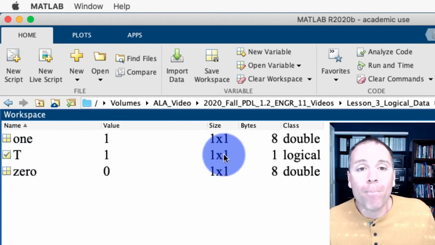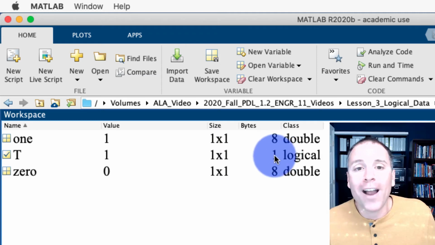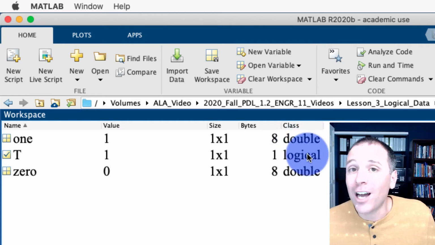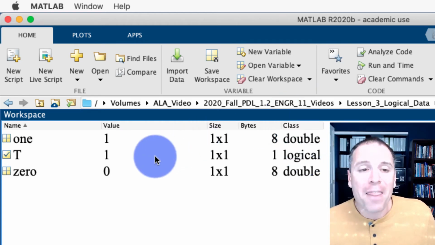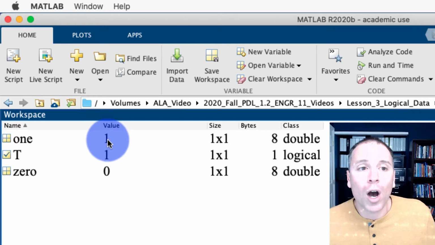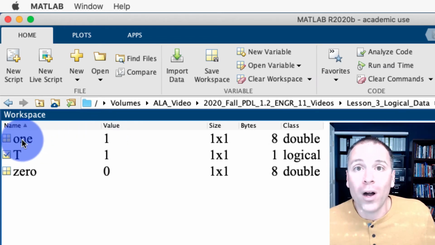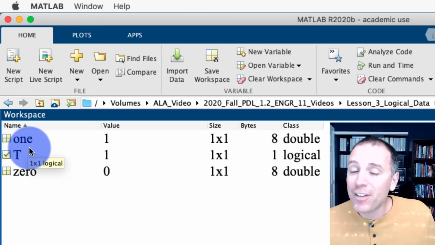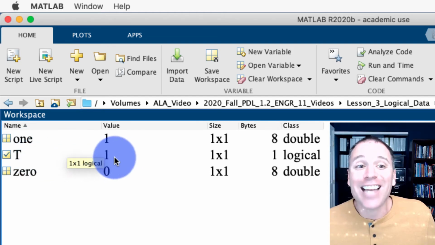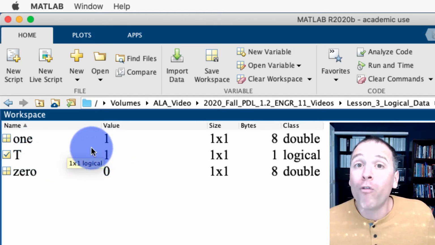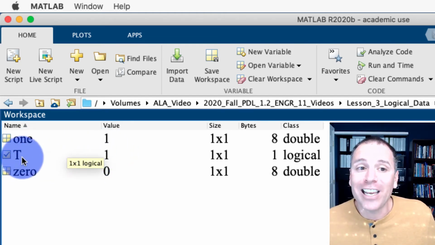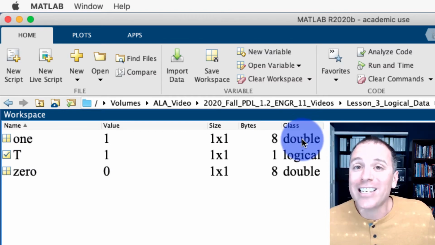It's a 1-by-1 array, but it only requires 1 byte, and it is not stored in the double class, it's stored in the logical class. Meaning that the assigned value of 1 for the variable 1 does not have the same interpretation as the assigned value of 1 for the logical variable T. One of these is stored as a double, the other is stored as a logical.